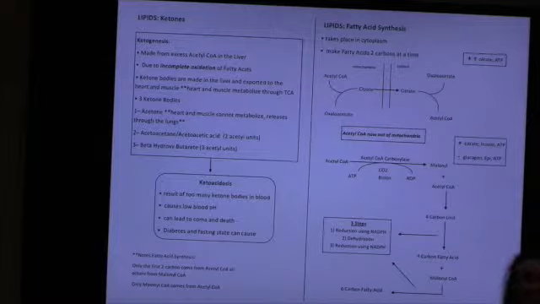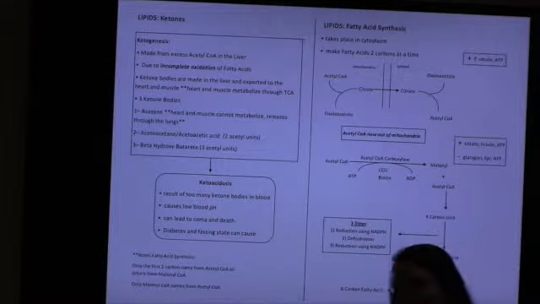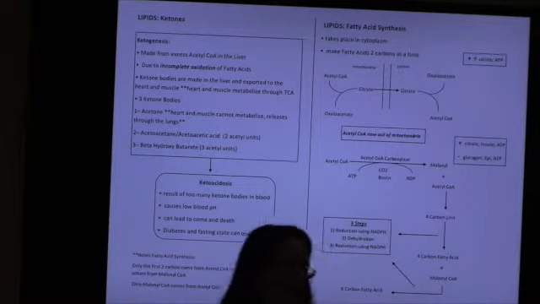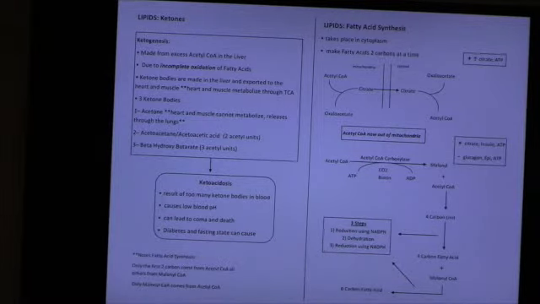Okay? So to make fatty acids, we are going to take acetyl-CoA and combine it with oxaloacetate to make citrate. Where have we seen this exact reaction? In the Krebs cycle. Very good. First step of the Krebs cycle. Citrate is a smaller molecule, so it gets to go from mitochondria to cytosol across the membrane by itself. Okay? Once it gets across, it's going to just break right back apart.